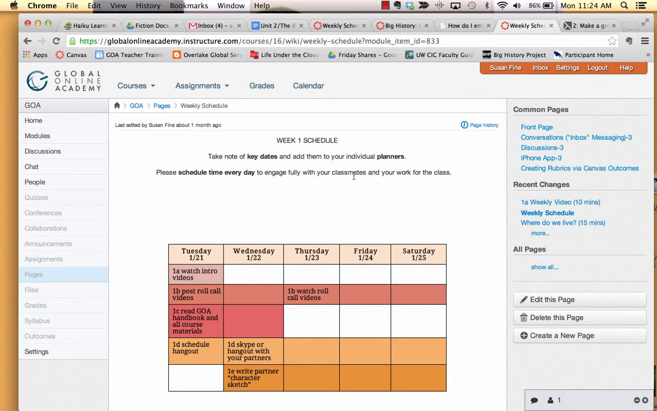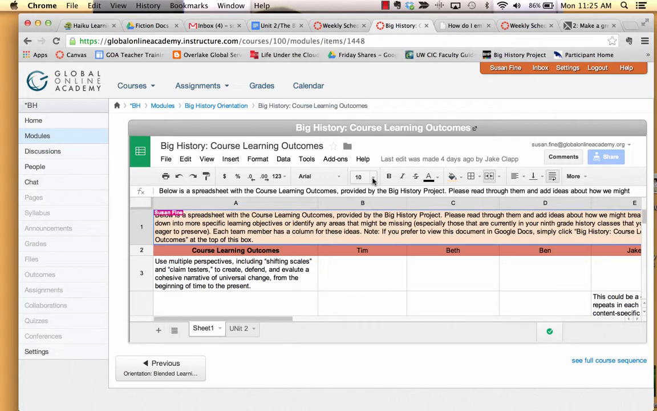But now let me show you an example of a spreadsheet embedded into a Canvas class. So here we are now looking at a Google spreadsheet that I have embedded into the big history class that we are running with 3 member schools this year. And I did want to have some instructions. This is a document of big history course learning outcomes that the 5 teachers involved in this class